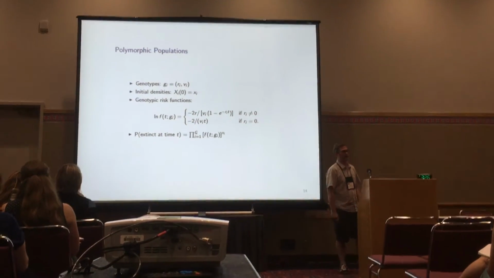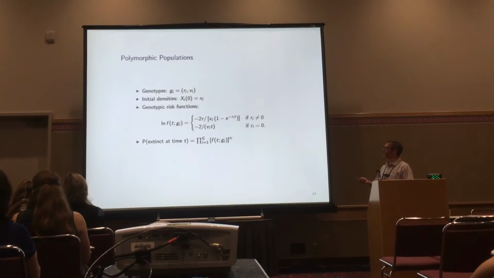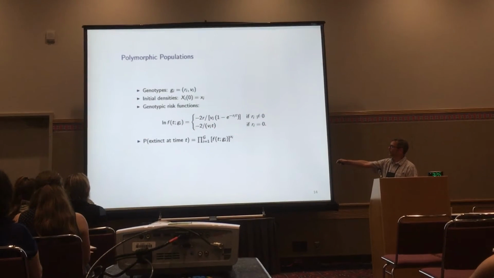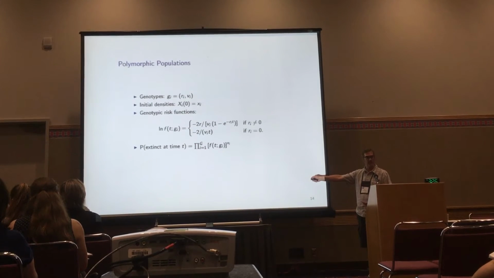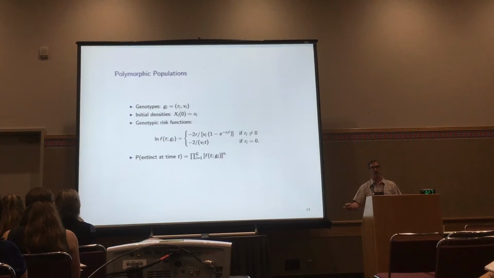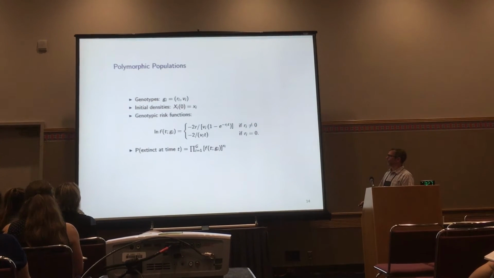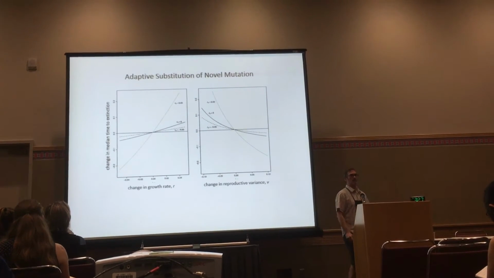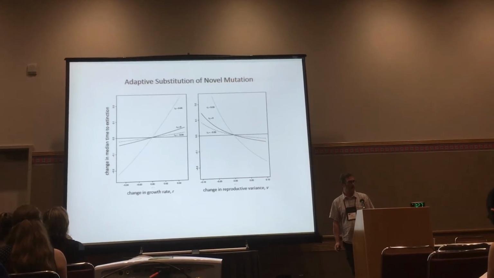So far I've just been comparing different genotypes, thinking about these monomorphic populations, but I would really want to follow genetically variable populations that can evolve, and so the way you use this continuous branching process framework is to use the independence to basically multiply these extinction risk functions for all the different genotypes raised to the densities. With this formulation, I'm not going to go beyond this, you can answer some questions. So for example, how does the appearance of a single spontaneous mutation in a population change its median time to